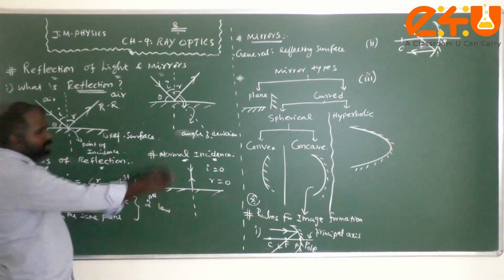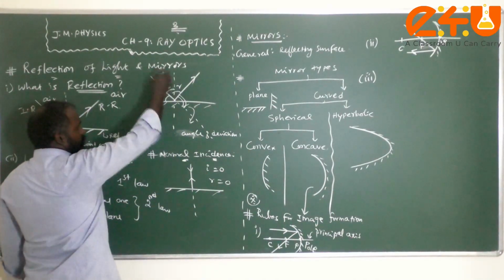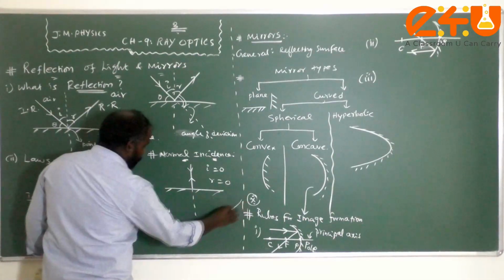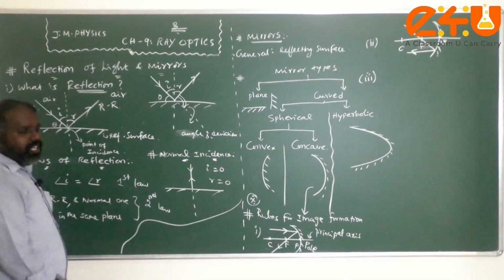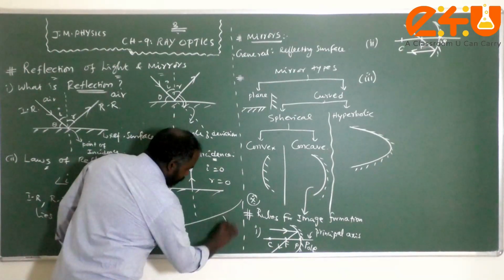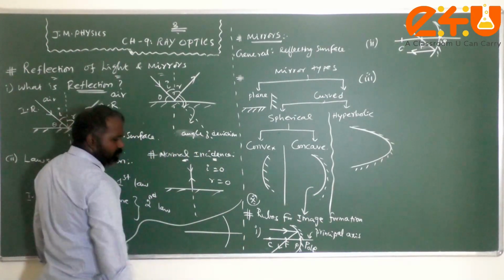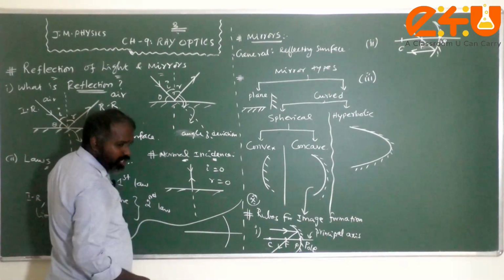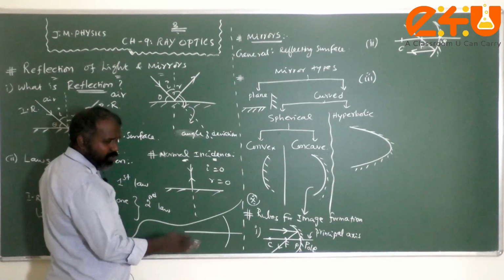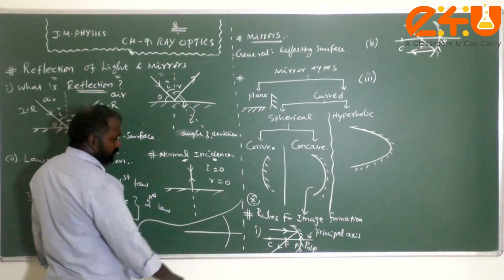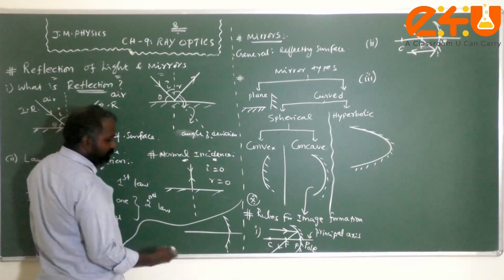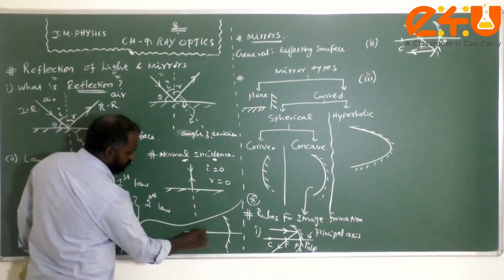For a plane surface, it's very simple. At the point of incidence, you draw the normal. But in the case of what, children? Yes, in the case of a spherical surface, how to draw the normal? In mathematics we study that the tangent is always perpendicular to the what, children? Radius. So in the case of any spherical surface, we have to draw the normal from the center